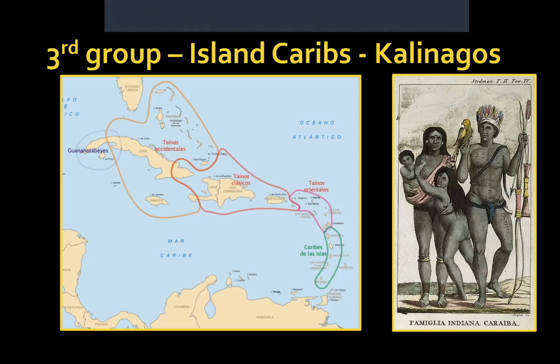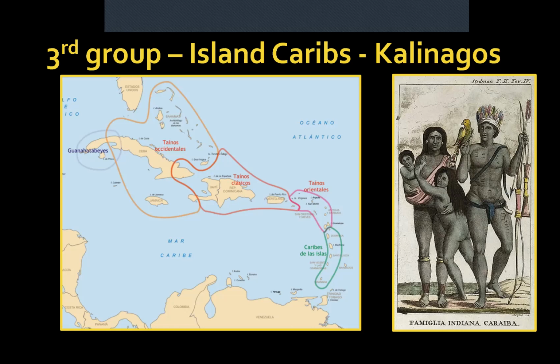Now, the Caribbean Sea is actually called that because of the Caribs, and it's supposed to mean cannibal sea, because during their conquest of other groups, they would do ritual eating of, for example, people's hearts. So that's where you get the idea of cannibals, although that's really just a ritualistic thing, and they weren't really cannibals. But that's what the Caribbean Sea was named after. But they are called the Kalinagos.